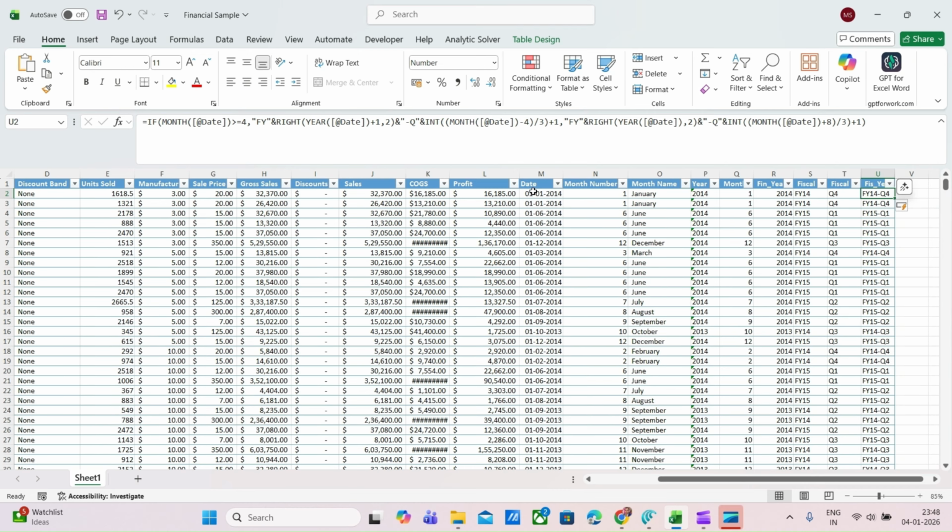Why this skill is important? Fiscal year and fiscal quarters logic is essential because business reporting does not follow calendar dates. This skill is used in financial dashboards, sales reporting, analytics projects, Power BI and Power Query. So today we learned why fiscal date logic is needed, how to calculate